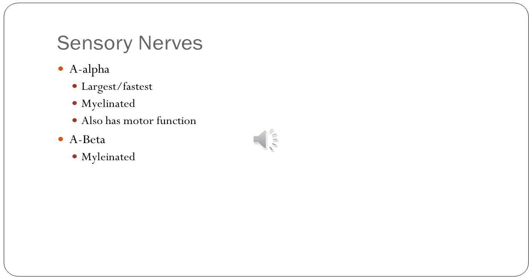And then we also have the A beta, which are also sensory nerves. A beta nerves are responsible for touch and kinesthesia. So the A beta sensory nerve is a sensory nerve of general touch. It does not transmit pain, and this is going to become important when we look at our levels of pain control. One of our levels of pain control actually uses the A beta fiber. It's general touch, general kinesthesia. That A beta fiber is going to be responsible for one of our levels of pain control that we're going to be